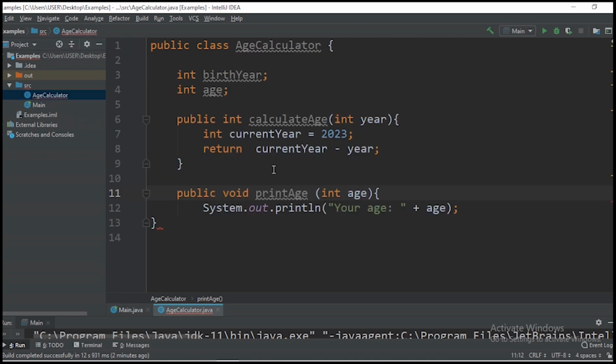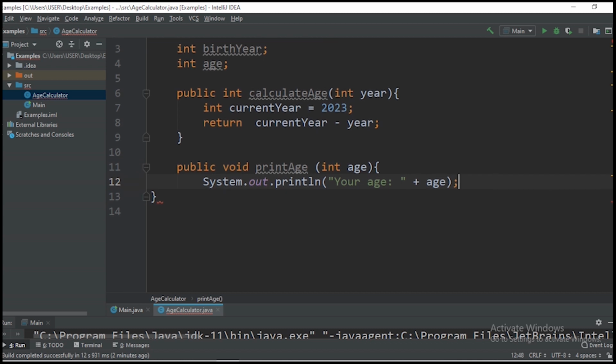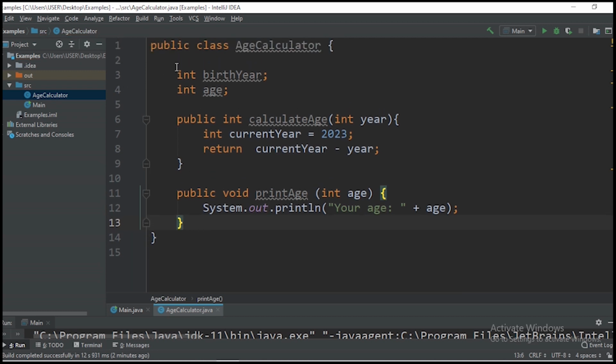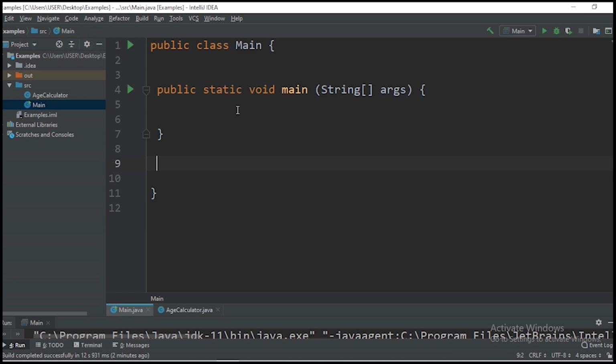Okay, now our data is encapsulated, and let me close this class. Okay, now what we have here, we have integer birth year, integer age, and then public int calculate age, and we also have public void print age. Thus, we have our data encapsulated, and let's use this class here,